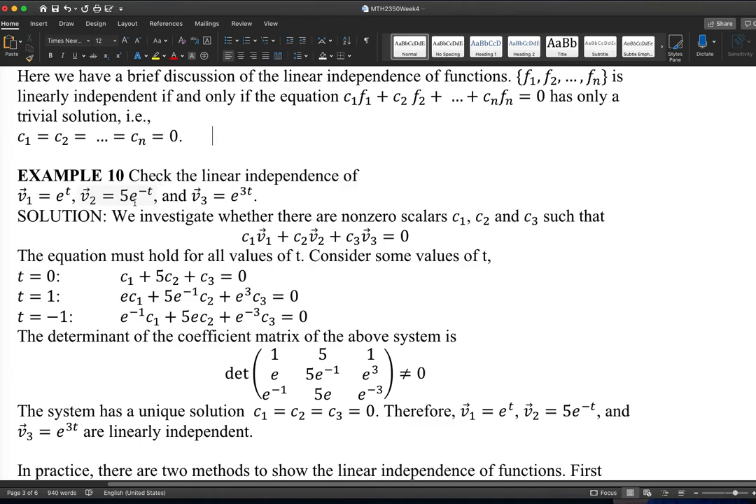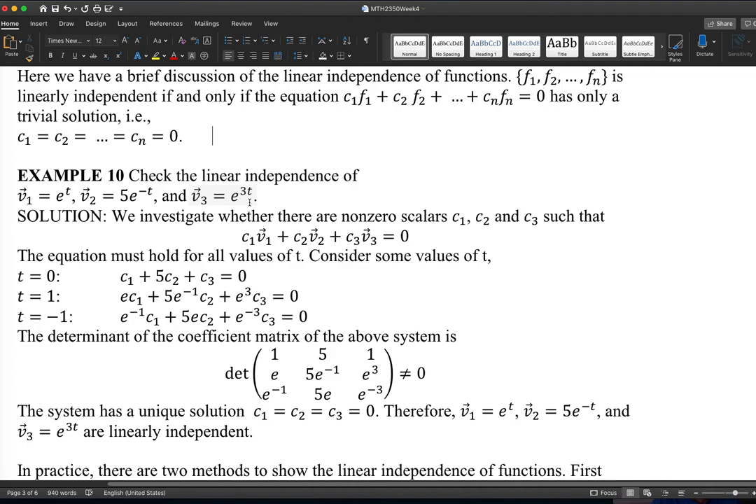According to what we just stated, we have three functions, so we want to check this vector equation involving functions. Replace v1 with e to the t, v2 with e to the negative t, and v3 with e to the 3t. Indeed, this should be a system, as we'll see in a moment. Replace v1 with e to the t, v2 as 5 times e to the negative t, and v3 the same way. We want to check if this equation only has the trivial solution c1, c2, c3